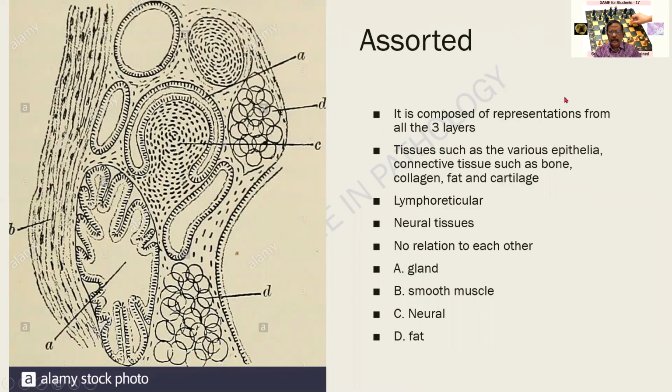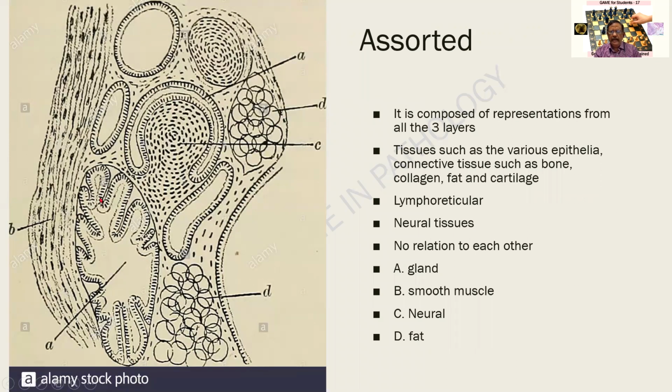This is again assorted, but a fantastic picture that has been retrieved from a stock photo. I am finding multiple glands over here. There are some spindle-shaped cells that are in bundles. This is a neural epithelium over here. Again, there is a compressed gland. I am finding something like adipocytes in this region. And this is of course a lining epithelium.